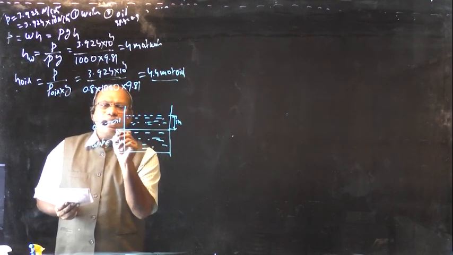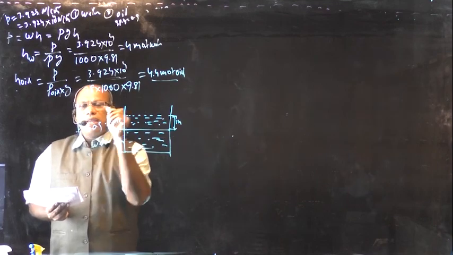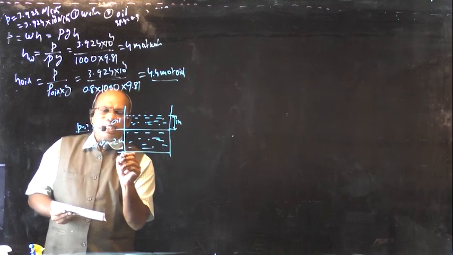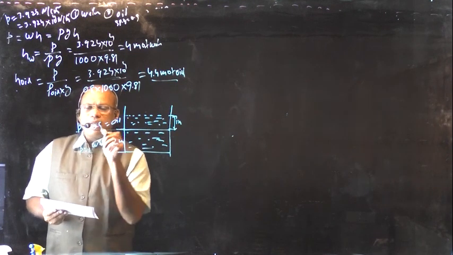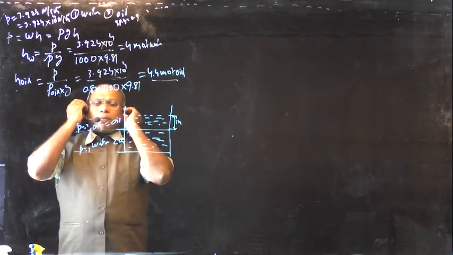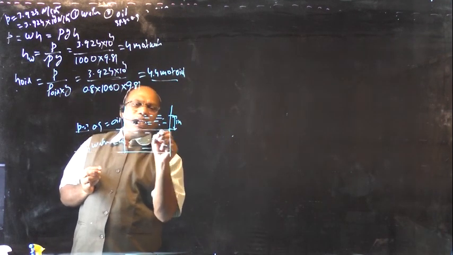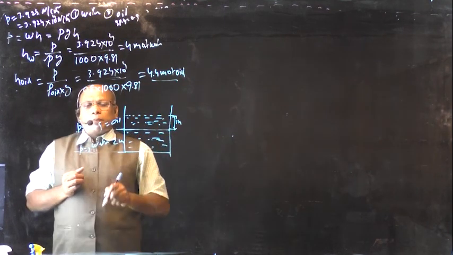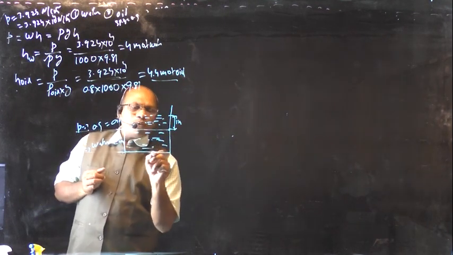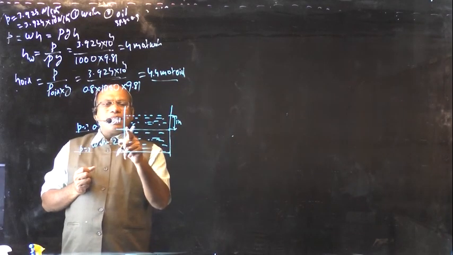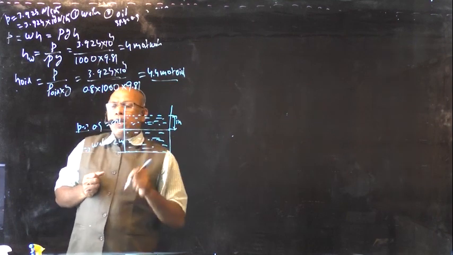What is the pressure intensity here? And second one, at the bottom of the tank, what is the pressure intensity here? Right, based on this problem we are going to determine the pressure intensity at the interface of the liquid, that means interface of the water and oil. And also one more problem, what is the pressure intensity at the bottom of the tank? First we are going to determine the pressure intensity at the interface of the water and oil.